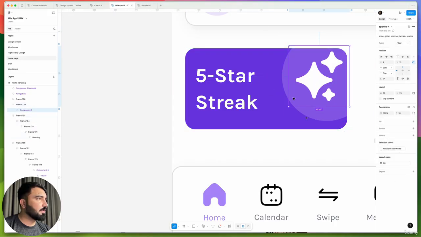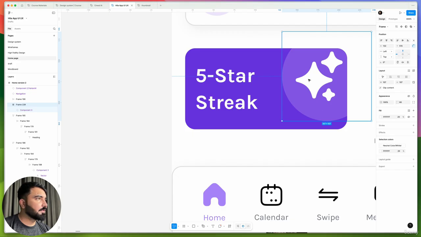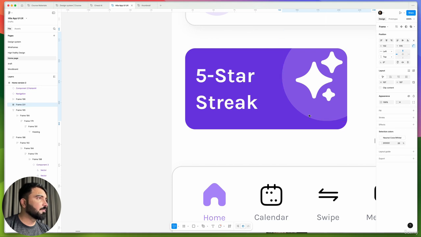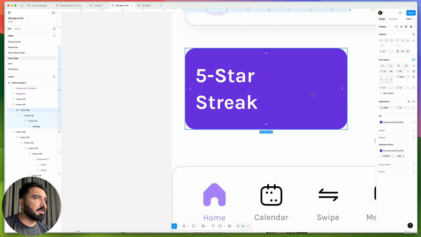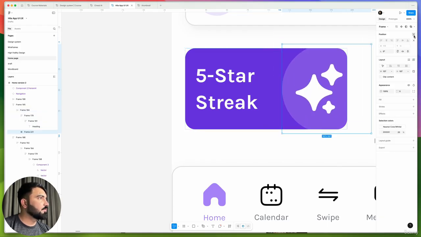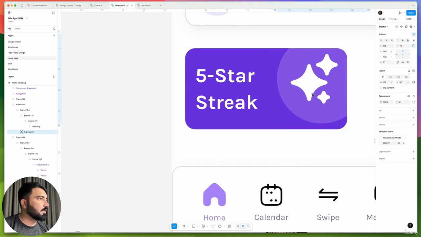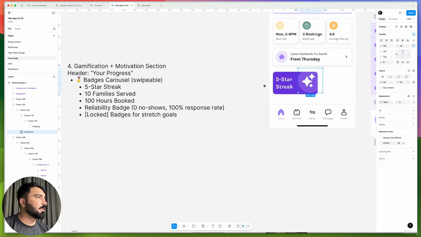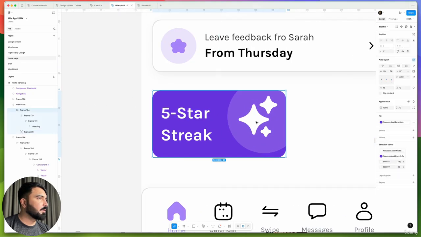Okay, I'll select the icon and frame. Let me just select the icon first, and then frame, and then command option G to group that, and then I'll cut that. Okay, and select this frame and paste it inside. Okay, now I'll flavor that. To do that, I will definitely need to make this out of the auto layout. Okay, boom, perfect. If you think this is too bold, then we can use